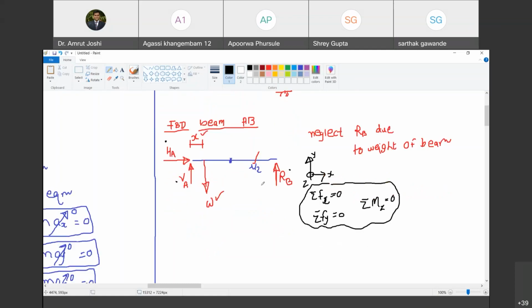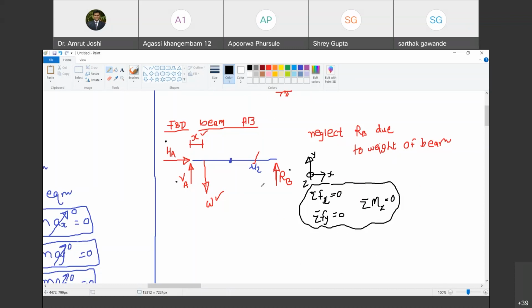Happy? Yes, sir. But to use these equations of equilibrium, is this beam in equilibrium? Yes, because it is at rest and it remains at rest. Do you agree with me? Yes, sir. So velocities, angular or translational, are all 0 and they remain 0. So I am sure that this beam is in equilibrium. Are you with me? Yes, sir. The moment I have ascertained that this beam is in equilibrium, I can use equations of equilibrium.